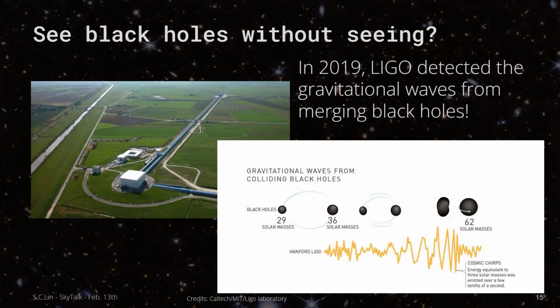It's not ripples of gas or water, but instead it's space itself that is being dragged back and forth. And such a signal can propagate all the way through the entire universe and be captured here on Earth. So this is the very first direct detection of the